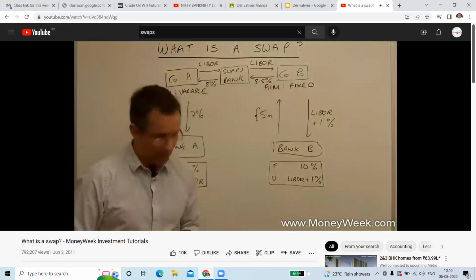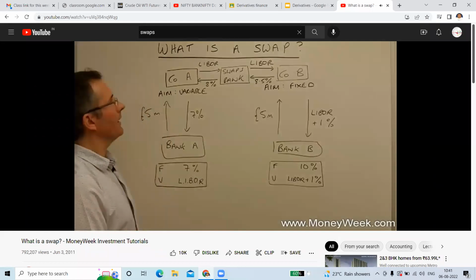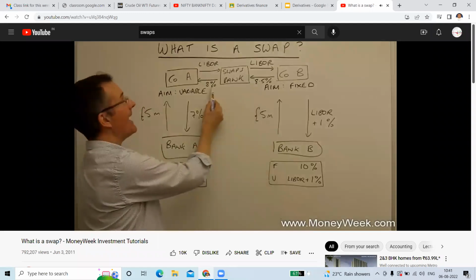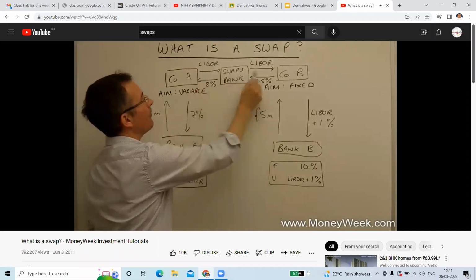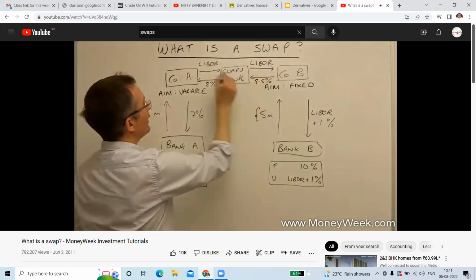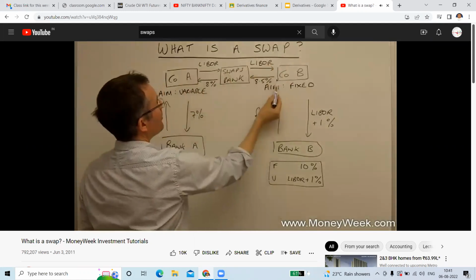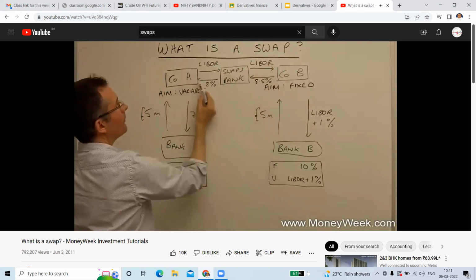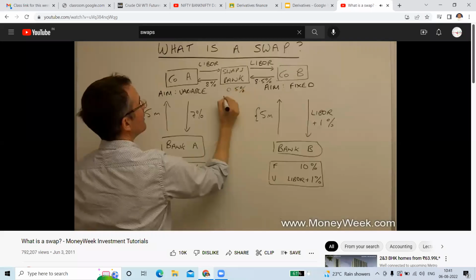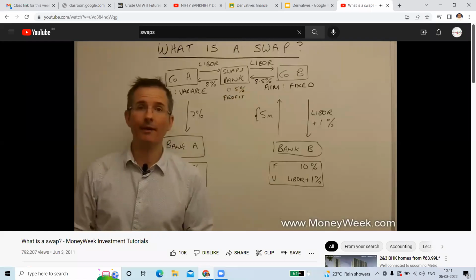Now, it looks complicated, but actually here's the bit of financial magic. First of all, the swaps bank is making money. It receives 8.5% from company B and pays 8 to company A. It pays LIBOR to company A and LIBOR to company B, both on 5 million sterling. So basically, whatever LIBOR is, 5 million times LIBOR flows in and flows out, and 8.5% on 5 million comes in and only 8% goes out. So the swaps bank is making 0.5% as its profit. And 0.5% of a big number is worth having.